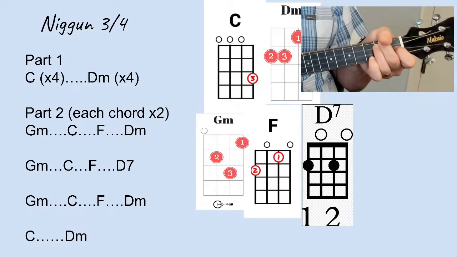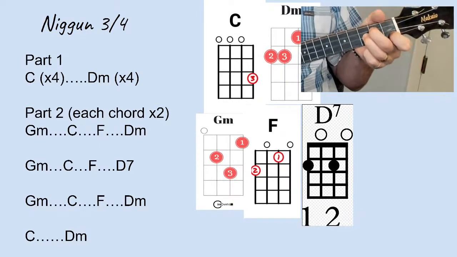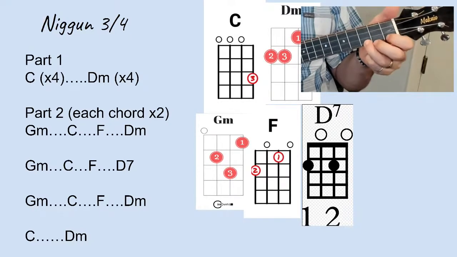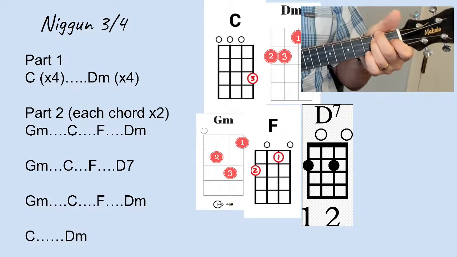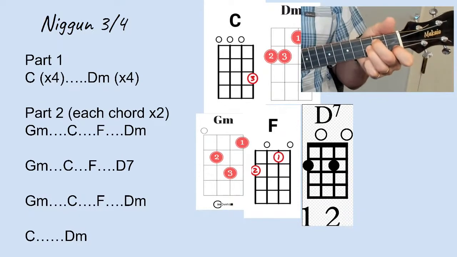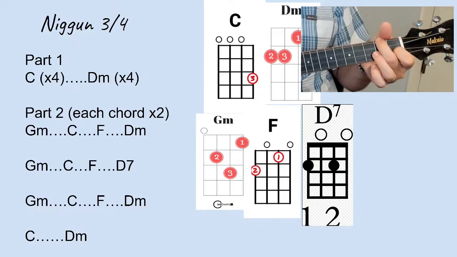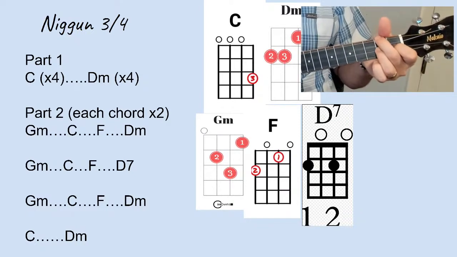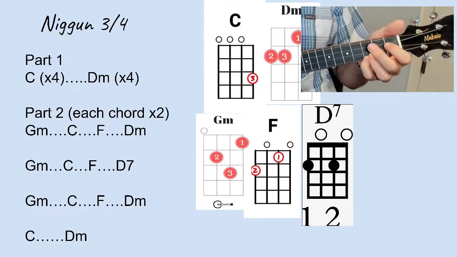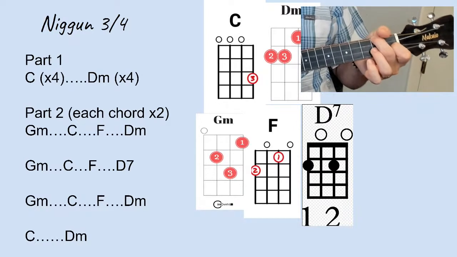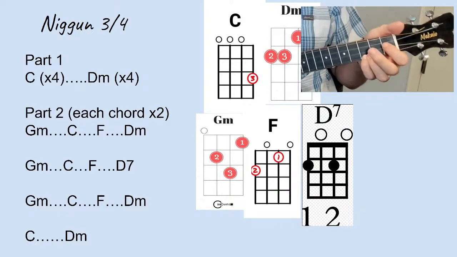Okay, now we're gonna go on. Here comes the G minor, and each of them only gets 2 instead of 4. Yay, day, C, F, D minor, G minor, go to C. Now go to F. Here comes D7, and D7, G minor goes to C. Now go to F, back to D minor, now go to C,